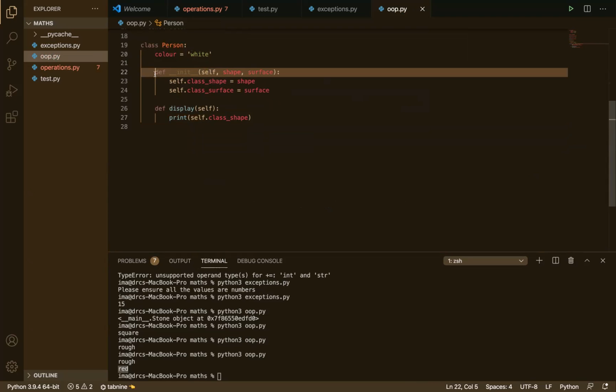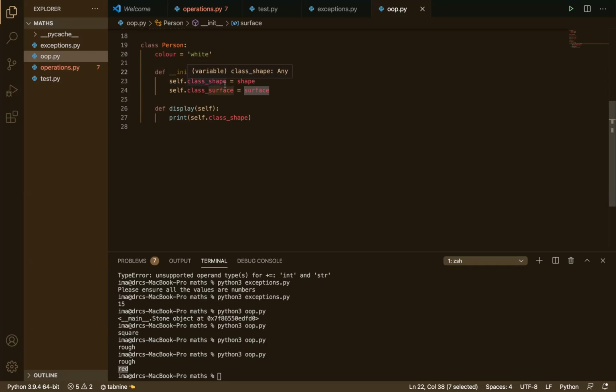And then I have an initializer here, which takes two parameters called shape and surface. Now, when I do self.class shape, I'm trying to refer to a member